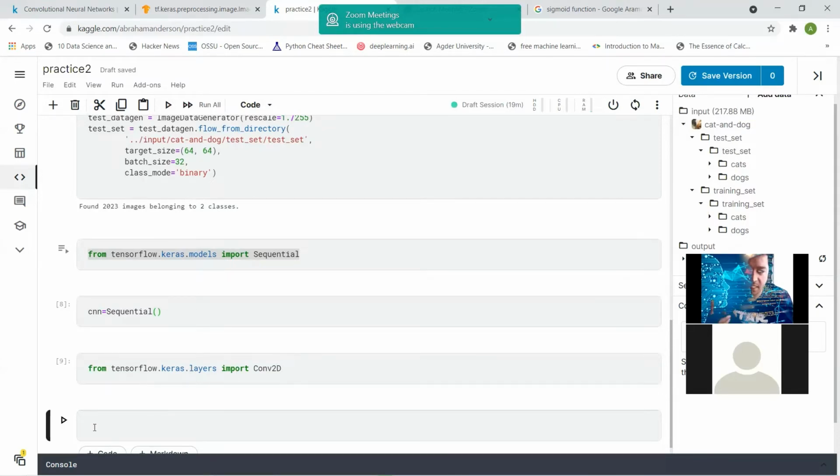The next step, after importing our layer, is to insert this layer into our sequential network. How can we insert it? I will just use this cnn object and use add. It's very similar to the previous tutorial. If we want to add a layer, we use the add function. And what will we add? Conv2D, yes. This Conv2D